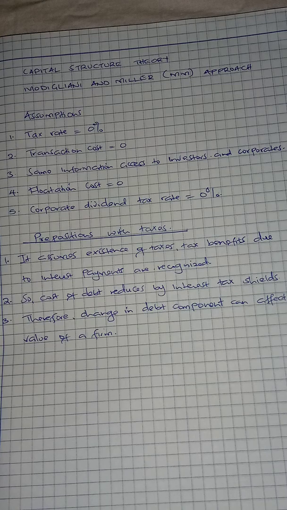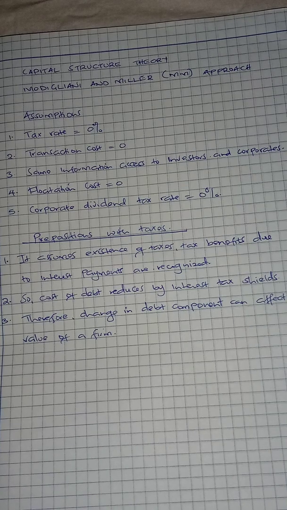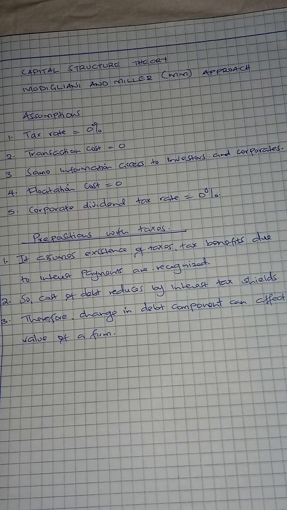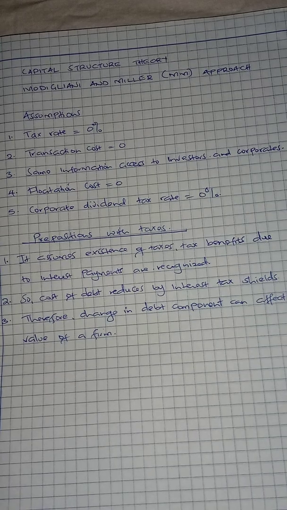And in this case, we have this approach with corporate taxes does acknowledge tax savings. So the Modigliani and Miller approach assumes that there are no taxes. But in the real world, this is far from the truth, because most countries, if not all, tax companies, right? So this theory recognizes the tax benefits accrued by interest payments, right?